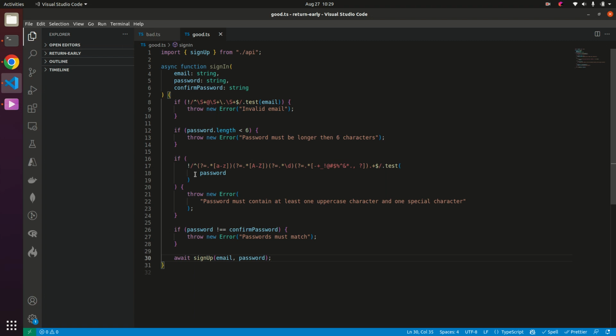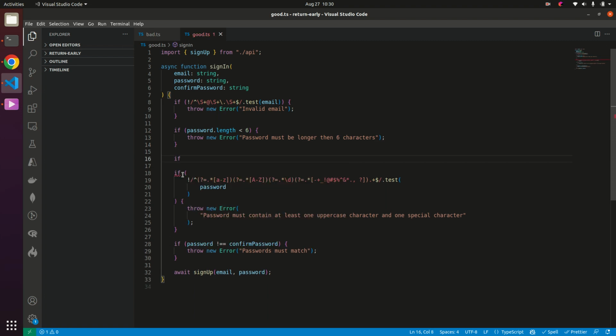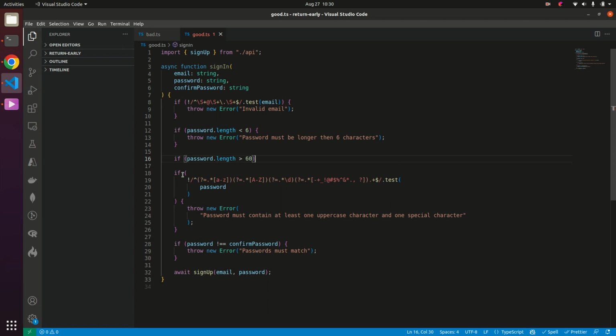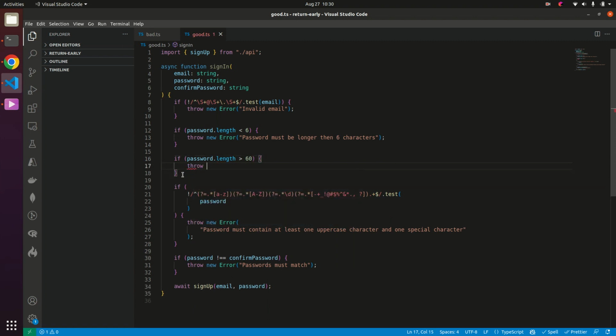It's much easier to add to. If I had to add another check here, maybe I wanted to do a check to make sure the password length wasn't greater than 60 characters. Well, I could do that pretty easily, right? If I just go here, if password.length is greater than 60, then throw new error, password length error. And that's pretty simple. I didn't have to kind of nestle my way into the big if statement,